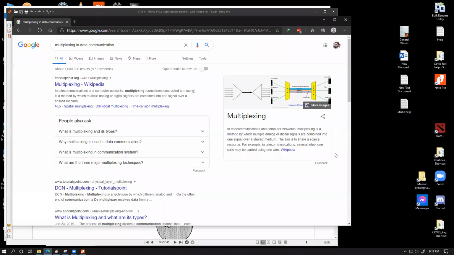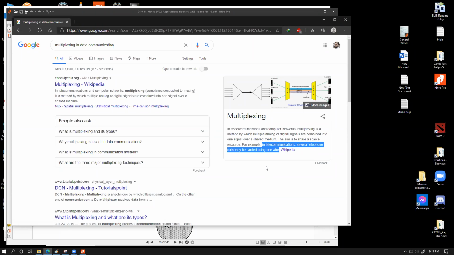First one. Yeah. In telecommunications, several telephone calls may be carried using one wire. Yes. So optical fibers, on the other hand, actually have the advantage to make multiplexing. Multiplexing means being able to have multiple different communications through the optical fiber channel